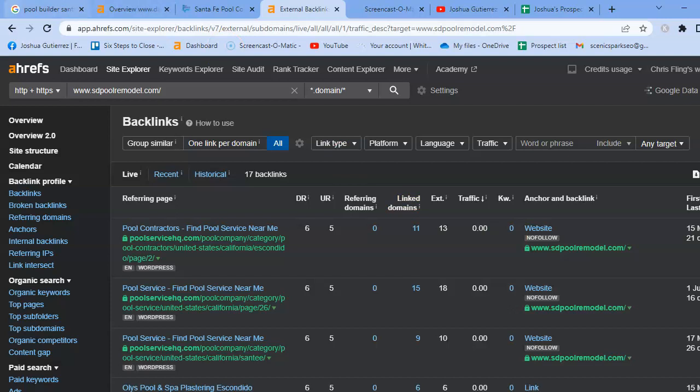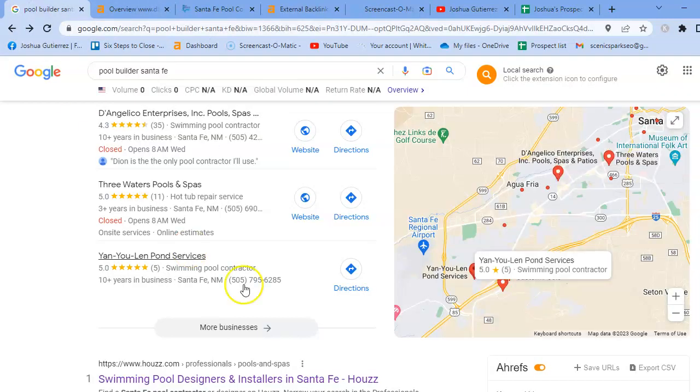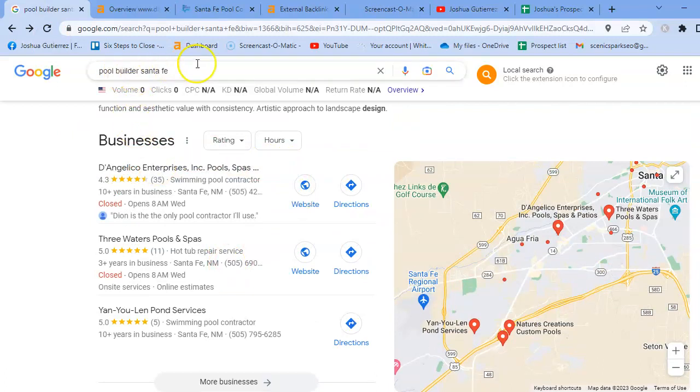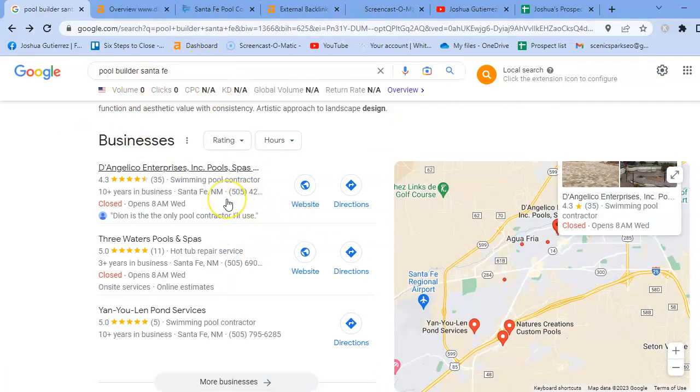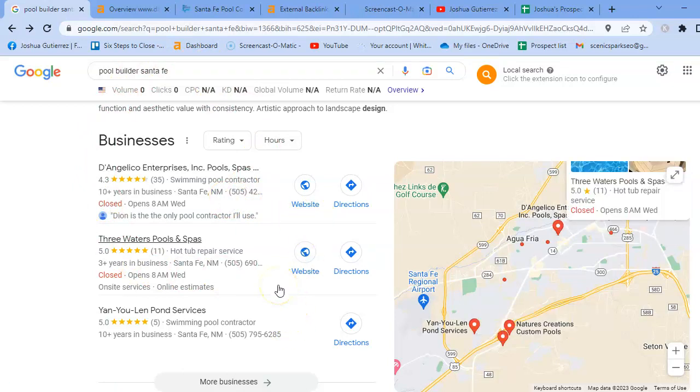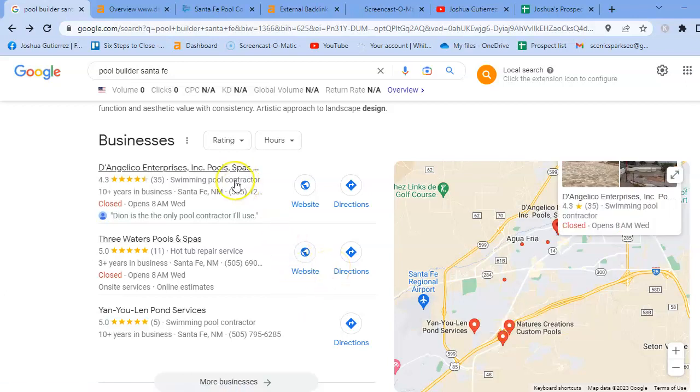Thirdly, I want to talk about citations. It looks like you're doing pretty good. When you type in Pool Builder Santa Fe, you are at the top of the map pack. This is what we call the map pack, and you are doing awesome with citation work. Citations basically are like a directory, like a phone book, a digital phone book that you are linked to.